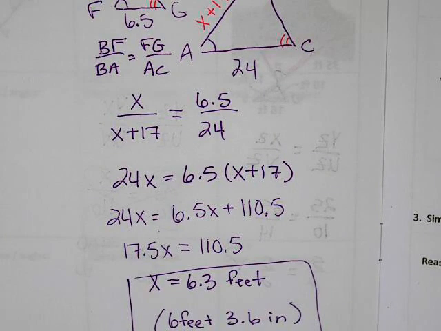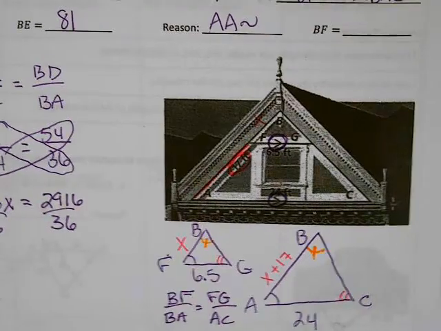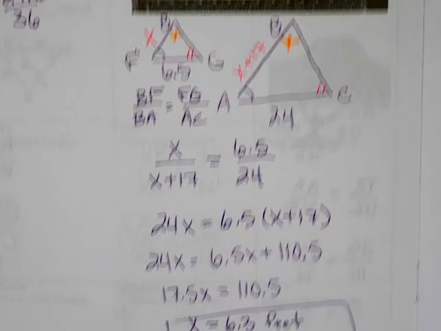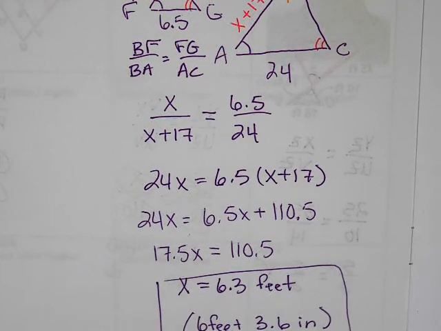Cool? So it's set up the triangles, make sure that they're actually similar to each other, and tell me why, and then set up a proportion and solve for the missing side length. It's not that bad. We're going to do a ton of practice in class